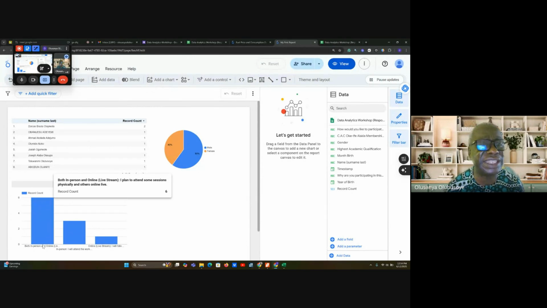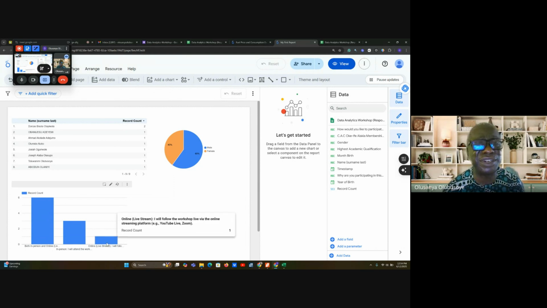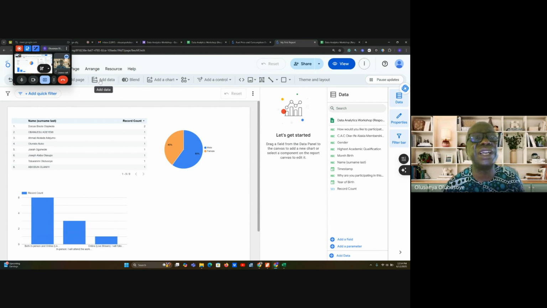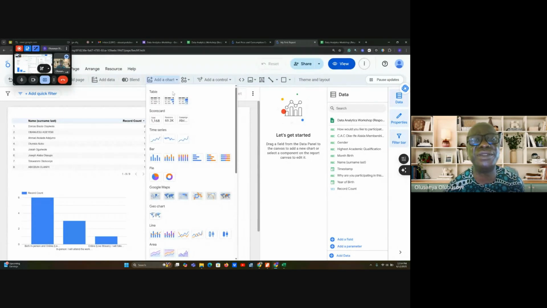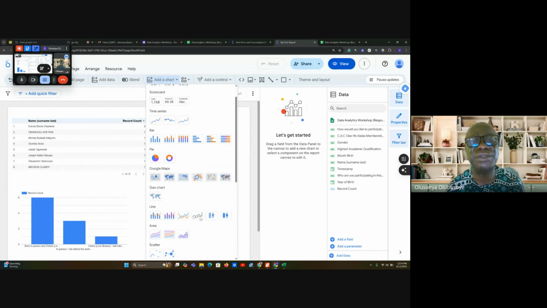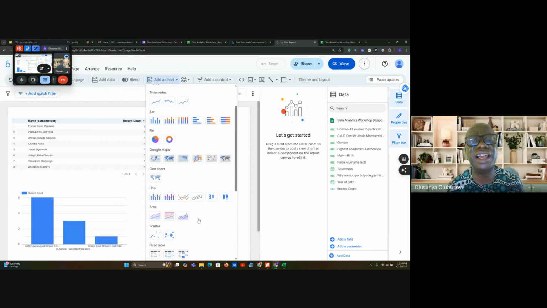We have done that. We have only 3 categories here. So we can add another one. So add a chart. Add a chart. What kind of chart do we want to have? So we can select